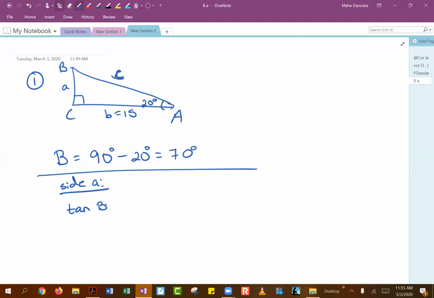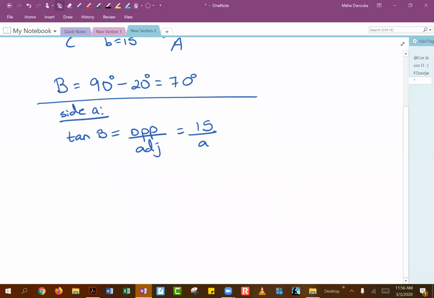And the reason we can use B is because B was not a rounded answer, right? If B was a rounded answer, then I'd probably fall back to A. All right, so angle B, what would be your opposite side now? 15. And then, of course, adjacent would become the side A itself. So angle B is now 70 degrees. So you have tangent of 70 degrees equals